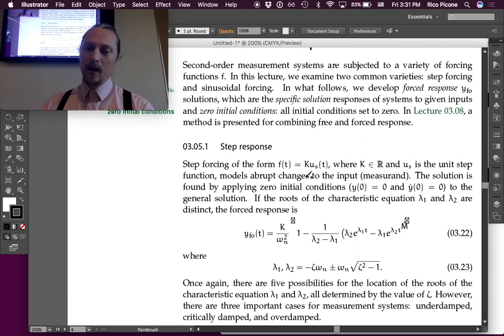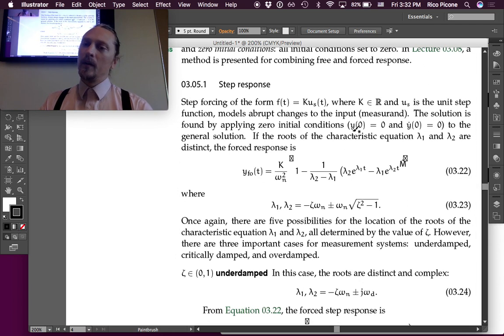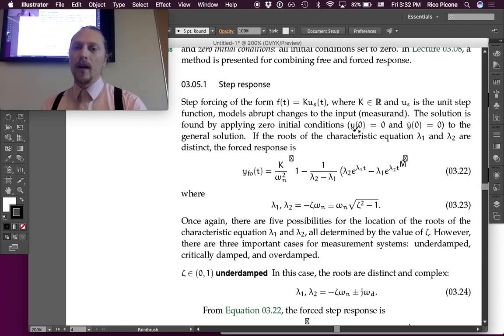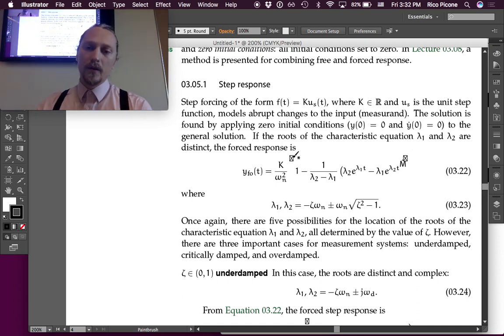So, step responses first. Step forcing of the form F of t equals K U of t, where K is a real number and U of t is the unit step function, models abrupt changes to the input or the measurand. The solution is found by applying zero initial conditions to the general solution. If the roots of the characteristic equation, lambda 1 and lambda 2, are distinct, the forced response is